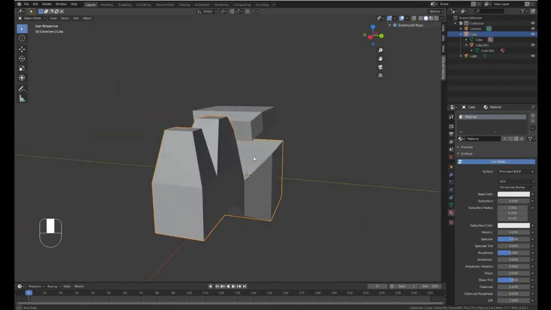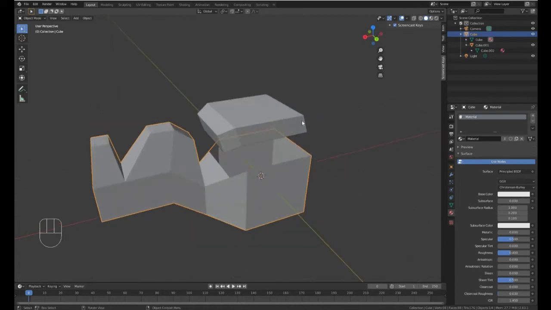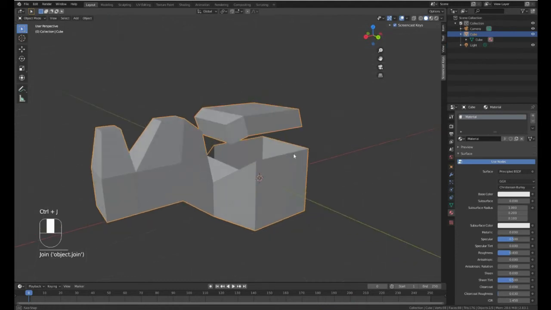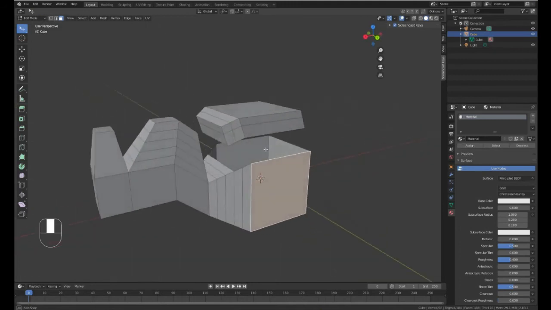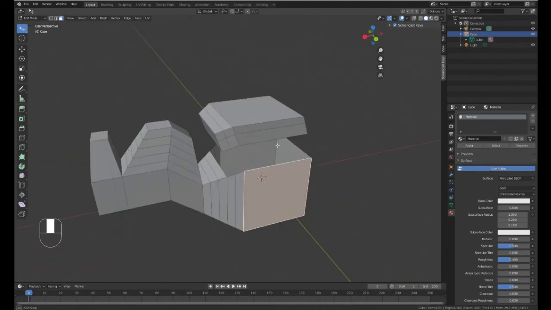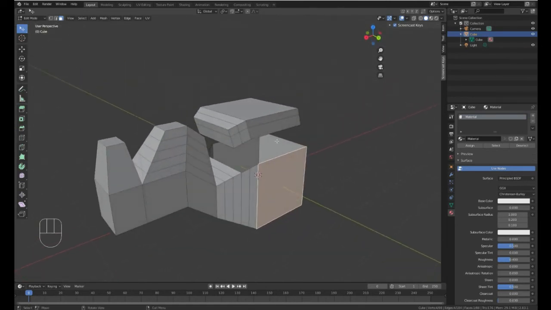For the most part, in this course, we will be focusing on one object at a time. So eventually you'll want to merge all the children back into the one parent object. So to do that, if we've got one object and then again, select the active object last, Control J will join the 2 objects together. So now if we go back into edit mode, it's back how we were. This can be, again, very handy for if you've brought in another component of an object, or you've been working on the object in 2 separate pieces just because it was easier to see, and then at the end of the process you want to join them all into the one